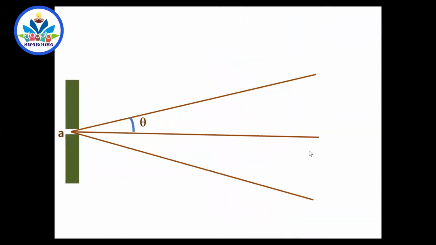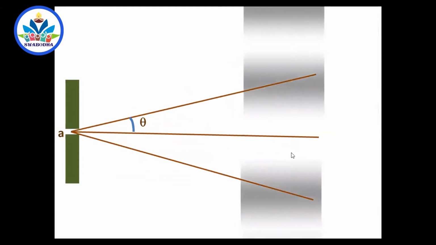And another important thing I would like to say is the angular width of the central bright fringe. That is very important. Of course, I just shifted the problem of this part on the board itself. In the next class, I will take it on the board and I will solve the problem of this part. But the explanation is very simple. Suppose this is the bright fringe. The brightness goes on decreasing and it becomes perfect dark here. On the other side also, the brightness goes on decreasing and it becomes perfect dark.